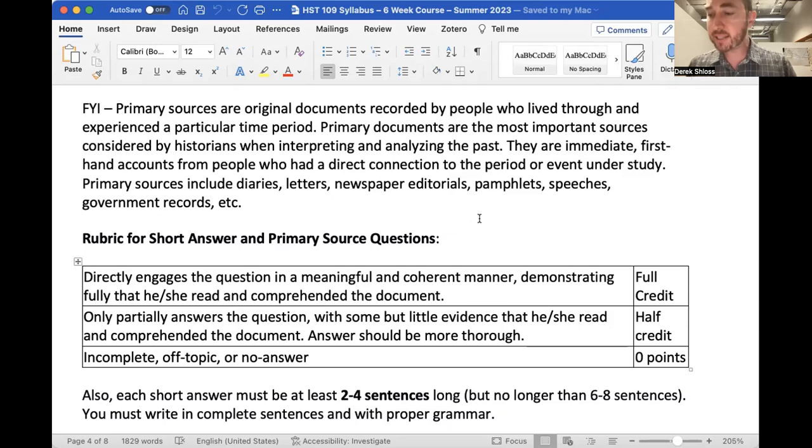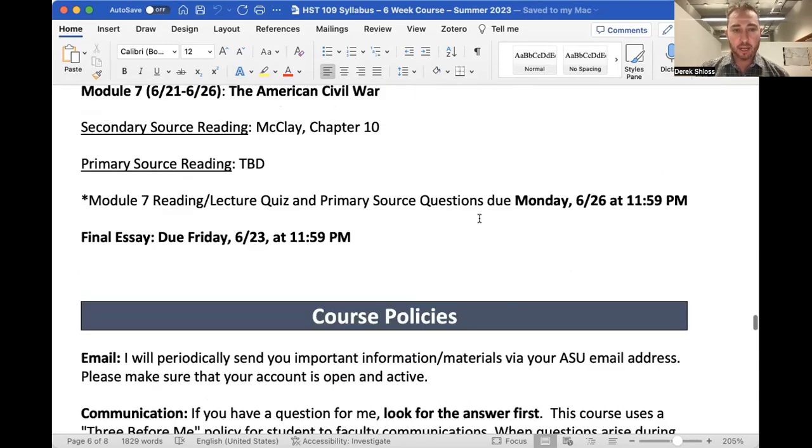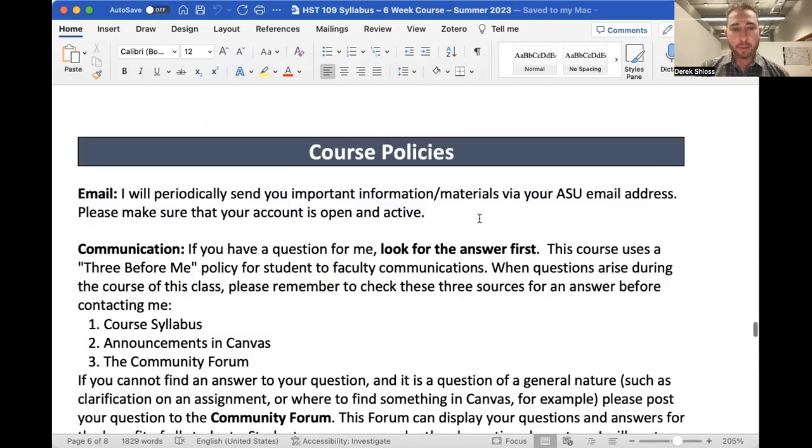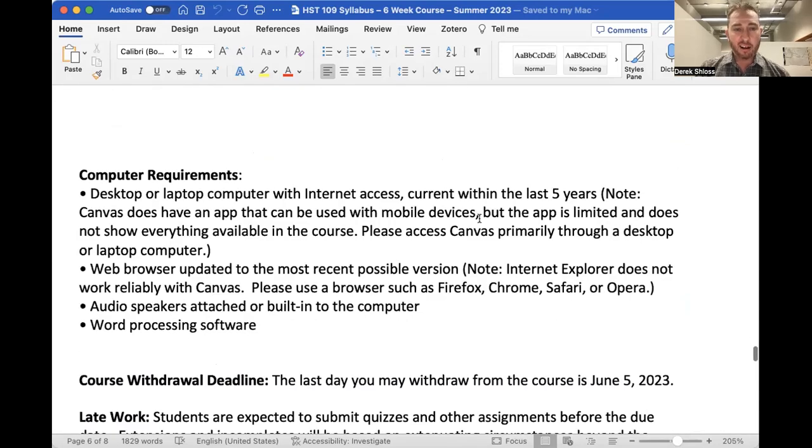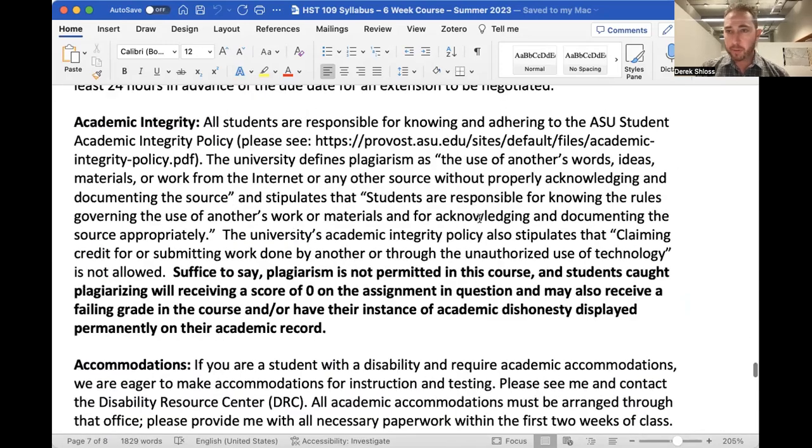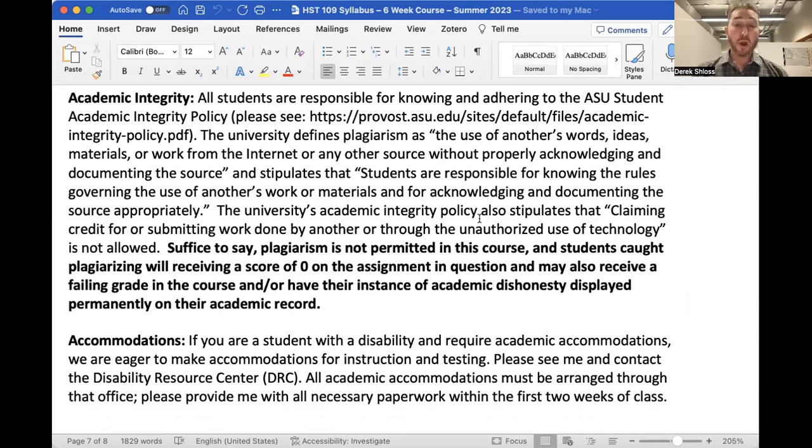Okay. Last thing I was going to talk about, or maybe second to last thing, is academic integrity. Let's take a look at the section titled Academic Integrity on the course syllabus. You can see here, let me just read this. All students are responsible for knowing and adhering to the ASU student academic integrity policy. I've given the URL for the PDF, so I encourage you to take a look at that if you want more details about this. It says the university defines plagiarism as, quote, the use of another's words, ideas, materials, or